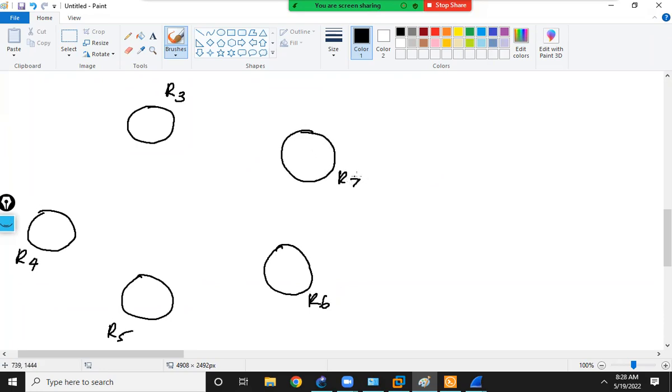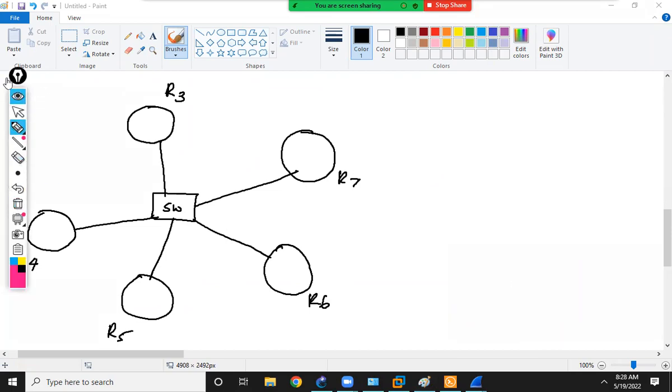You've got multiple routers here, and suppose they are interconnected using a switch. Now the problem is that